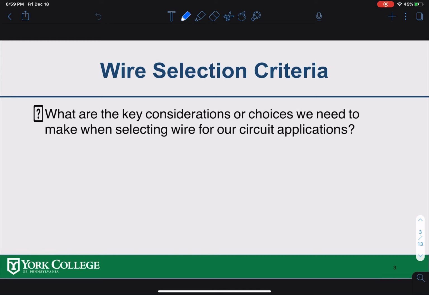So wire is a very important element for any circuit or electrical systems. Wire basically connects two points together in a circuit or in the electrical systems. So what do you have to consider before you select a wire? Remember that wire carries currents, so that means you need to know how much current the wire can carry. So you need to know the current rating of the wire,